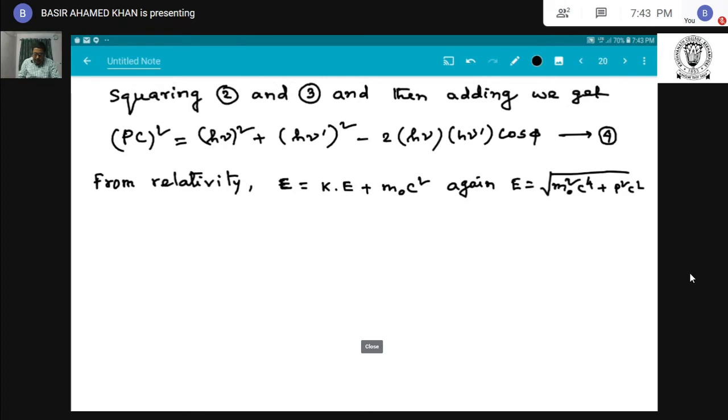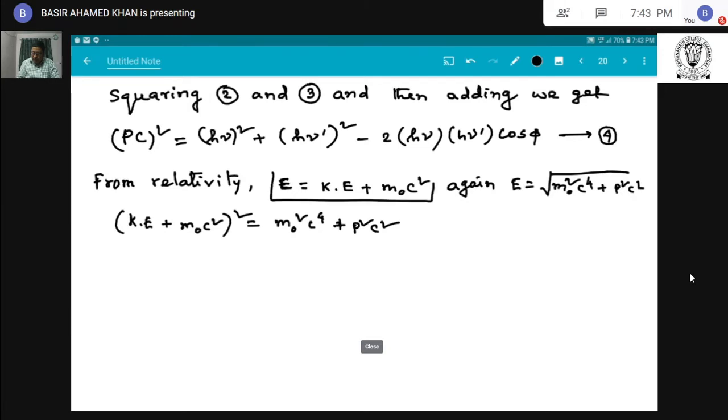kinetic energy plus m0 c square whole square equal to m0 square c to the power 4 plus p square c square. I just equate these two equations, and we get kinetic energy plus m0 c square whole square equal to m0 square c to the power 4 plus p square c square. That is